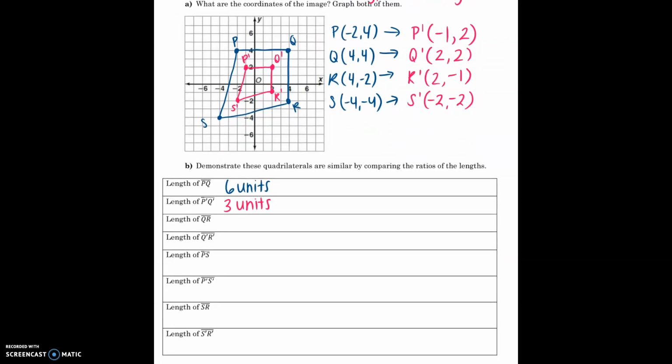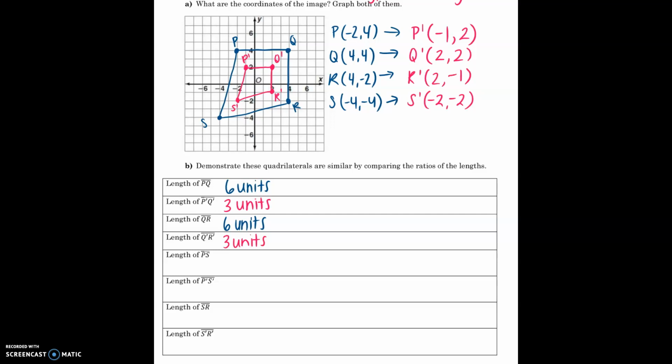The length of QR, we can also count because it's vertical. We get 6 units again. And the length of Q prime, R prime is 3 units. Again, the ratio between the length of the image and the length of the pre-image reflects the scale factor of 1/2. To find the length of PS, P prime, S prime, SR, and S prime, R prime, we have to